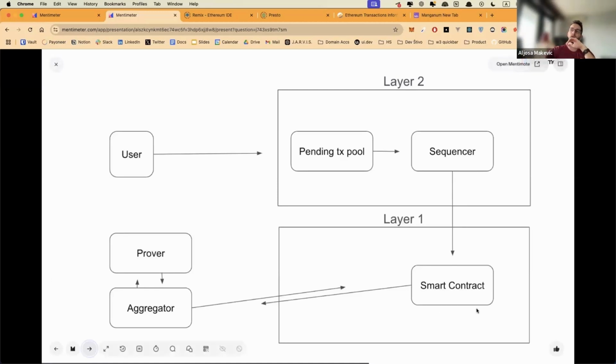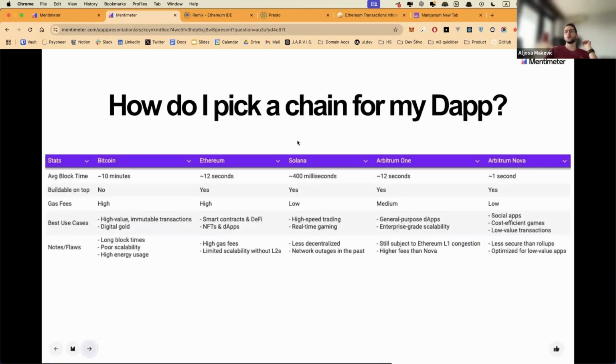And then it sends it back to the layer one, and then the smart contract on layer one needs to verify that these proofs are okay. And all of this is then stacked together instead of being scanned separately. And that's still using the security of a layer one, but it's zipping all of these together, making it faster and cheaper.